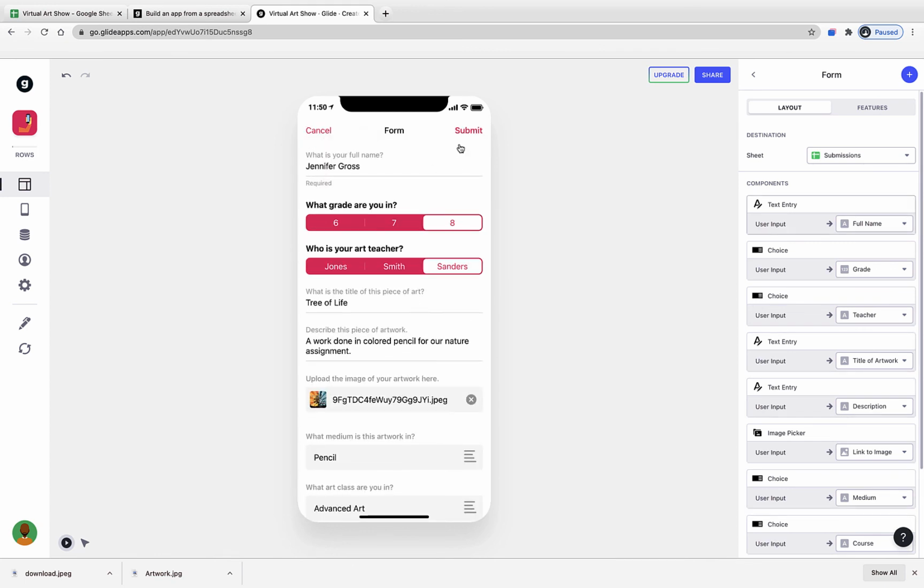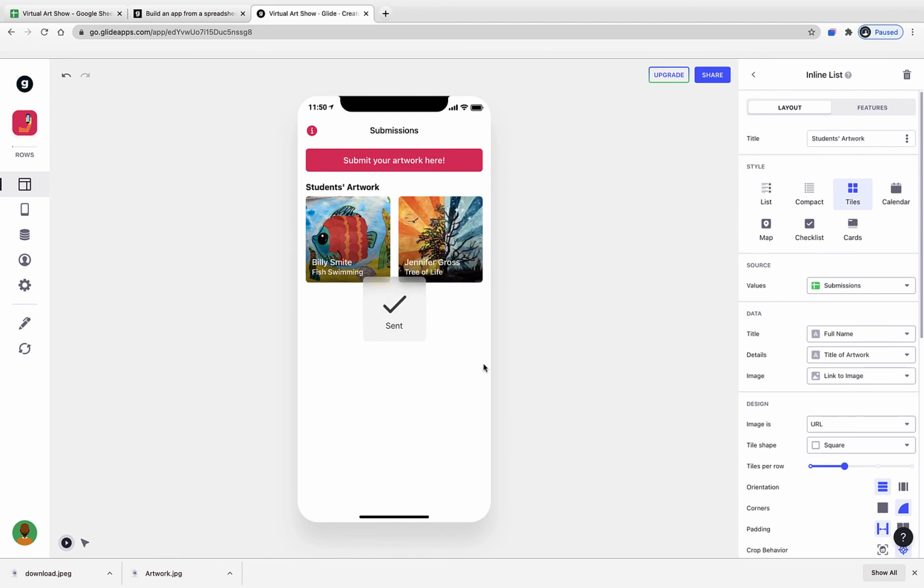Okay, so I've got it all filled out, and I will submit it, and just like that you can see Jennifer's art appears. So now I have Billy's and I have Jennifer's. Now the next thing is what happens when you click on one of these icons. So I'm going to click on one,